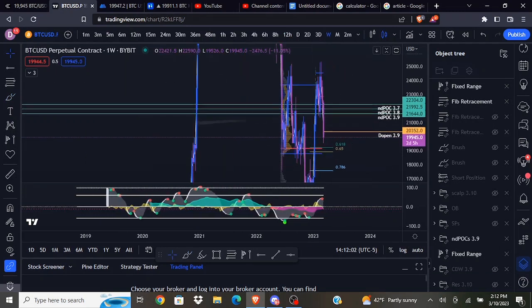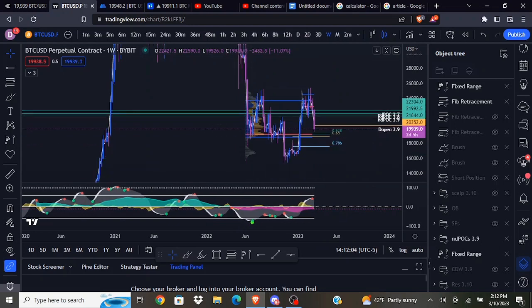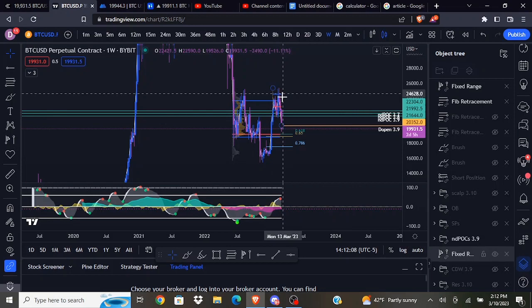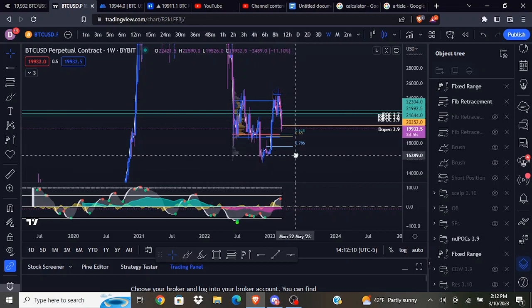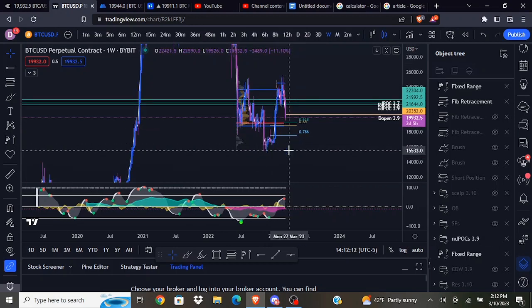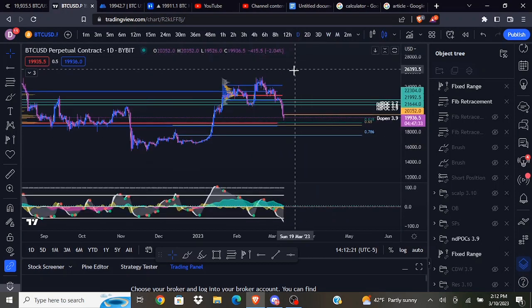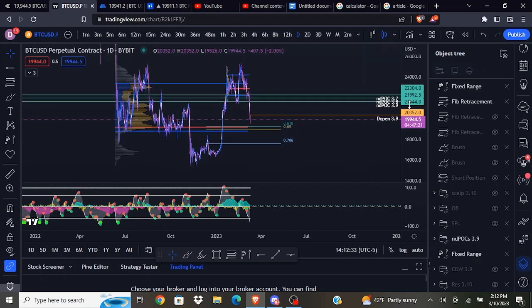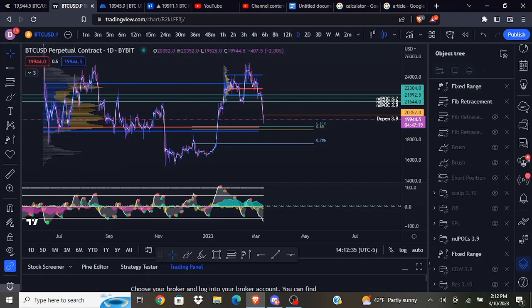You could also say that since we SFP'd this weekly high, this last weekly lower high, that we will now continue this weekly downtrend and make a run for the lows. We can make assumptions on what Bitcoin is going to do, but we really don't know for sure. So, in my mind, it's better to be prepared for any scenario rather than just assume one specific thing is